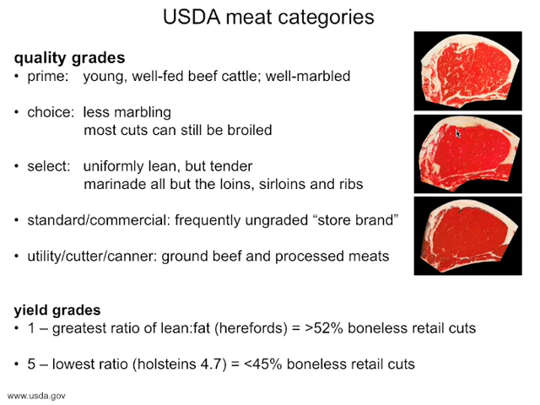What can we say about the production of meat and meat qualities? So in the United States, we have a couple of different mechanisms for rating the quality of meat. Let's begin with what's probably most familiar to us, the quality grades. There's prime beef, choice beef, select beef, standard or commercial beef, and utility, cutter or canner beef. All of this has to do with the amount of marbling through the meat. Marbling, again, is that intramuscular fat concentration, and that's really obvious when you look at this prime cut of beef, considered the best cut of beef.